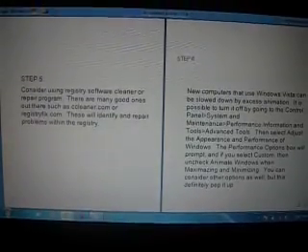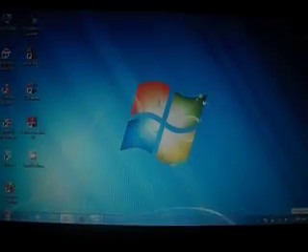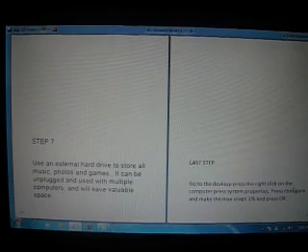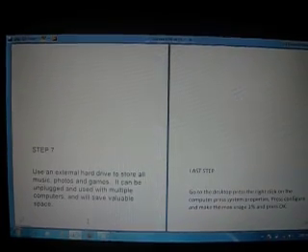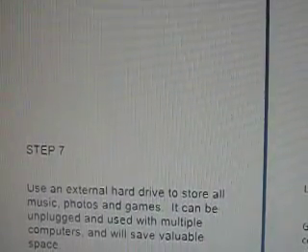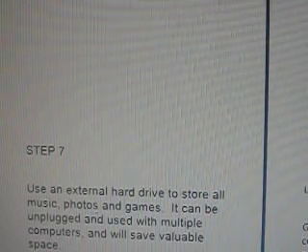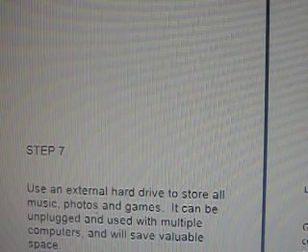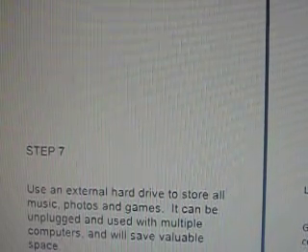Step 7. Use an external hard drive to store all music, files, and games. It can plug in by USB with most computers and saves valuable space.